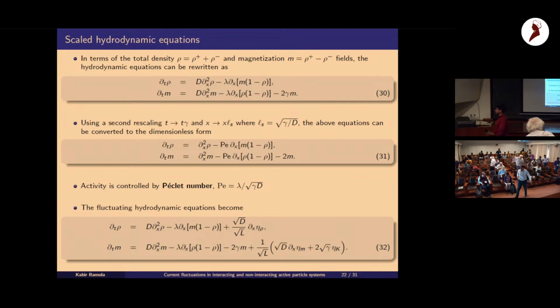Because if noise kills the hydrodynamics, then there's no point writing down the hydrodynamics, right? No, I understand that, but it's